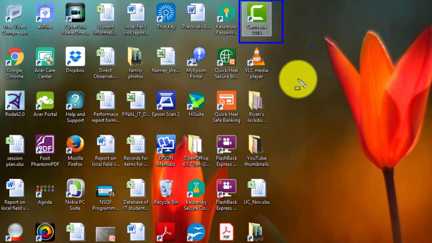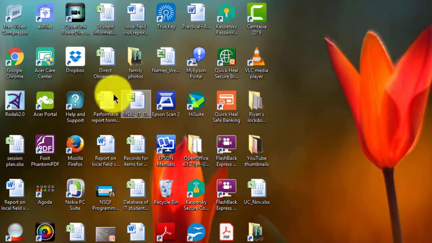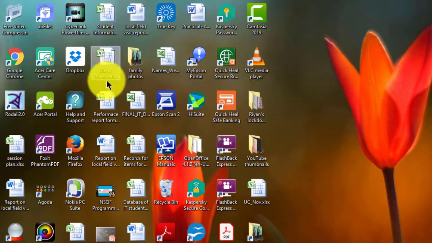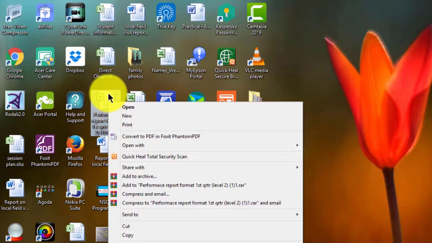We can make a shortcut icon of any file or any folder. Suppose I want to make a shortcut icon of this Excel file. First I will show you how to make a shortcut icon of this file. For that you need to right click on the file, and then one menu will appear.